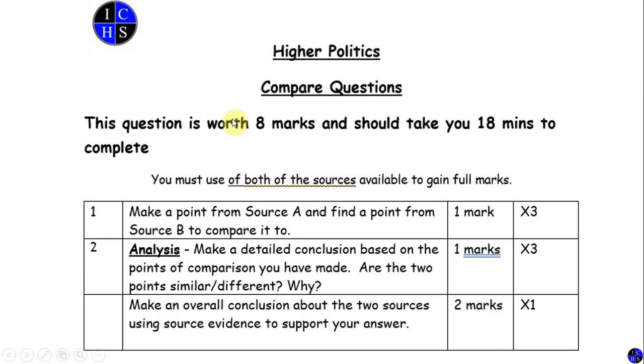Now, on your Inquiry Skills front page, you've got this sort of order in which you do things. So far, we've made a point from source A and compared it to a point in source B. We've got our mark for that. We've then done this next bit where we're doing the extended conclusion based on that point of comparison. We've talked about how maybe one type of democracy is superior to the other one, and that's got us our second mark. You'll see here we've got to do this whole thing 3 times, so we've got 2 more paragraphs to put together